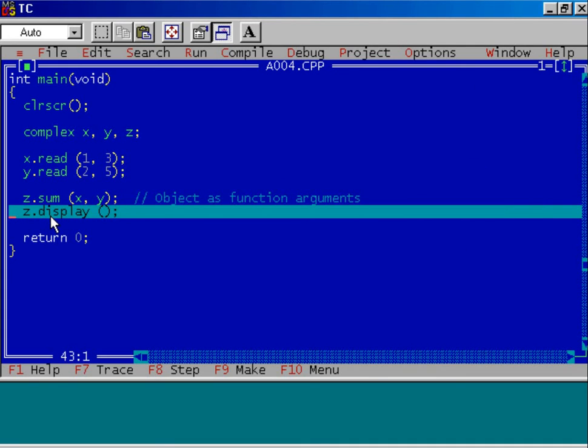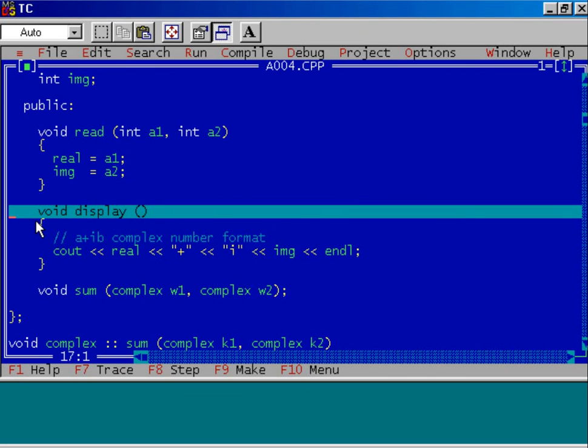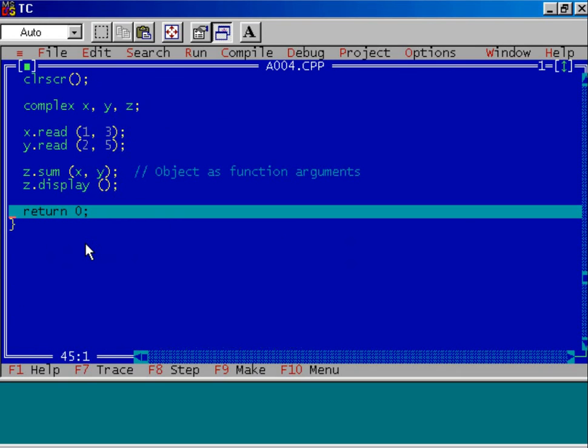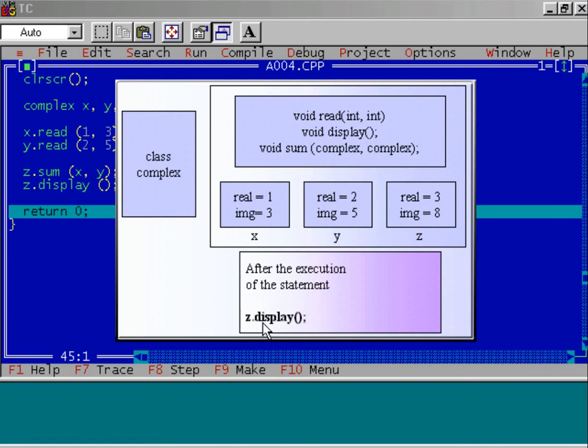now I am calling the function display using the object z. Using the cout object it will display the number in a plus ib form, that is using complex number notation. Press F8 key to execute this step, and now observe the diagram. We have called the member function display using the object z.